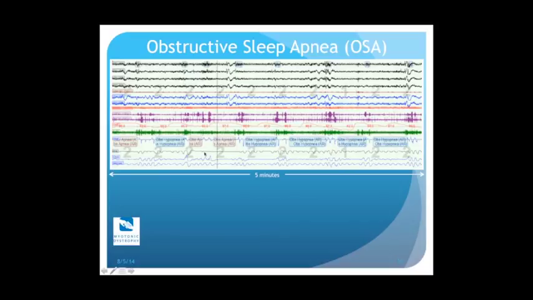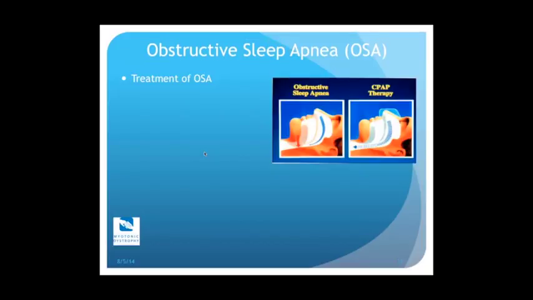And so in this individual, they had a total of 1, 2, 3, 4, 5, 6, 7, 8 obstructive events, or closures in the airway, in 5 minutes. And so if you did the math, this person would end up with an AHI of 90, and AHI is an apnea-hypopnea index. It's the term we use to characterize how severe someone's sleep apnea is. They would end up with a number of 90 times per hour their airway is closing. And remember, with severe sleep apnea, it's more than 30 by definition. So that's just a quick snapshot of a sleep study.